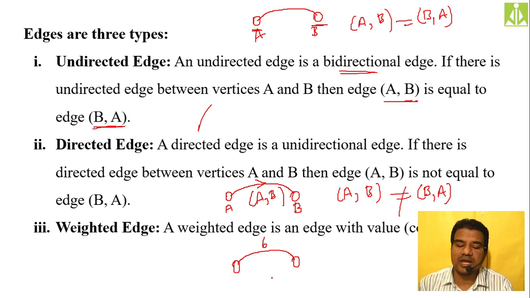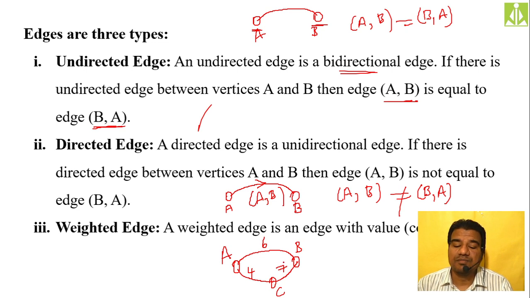So suppose you take another node and you have the link from this node to this node, and this node to this node, and this can be 4, this can be 7. Like this you can represent the weights. So in simple terms, when you have A, B, C, by just seeing these weights you can easily say that the distance between A and C is more than the distance between A and B. Like this you can do the path comparison. So a weighted edge is an edge with a value, a cost, on it.